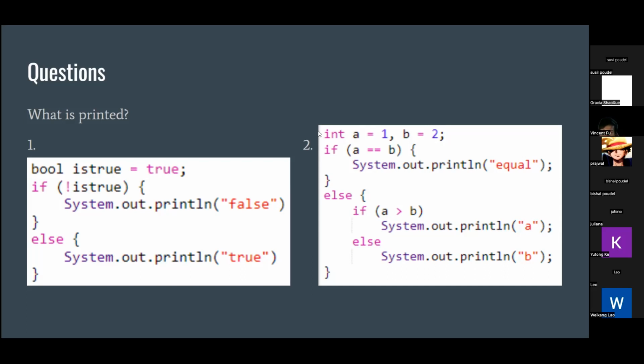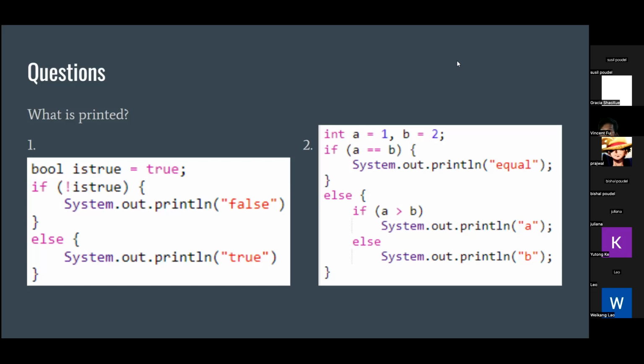Okay. Then who thinks true will be printed out? Or you can type in the chat what you think will be printed out, false or true.